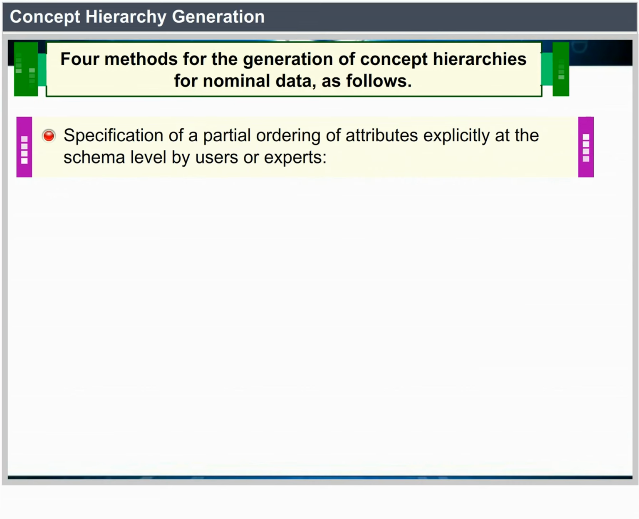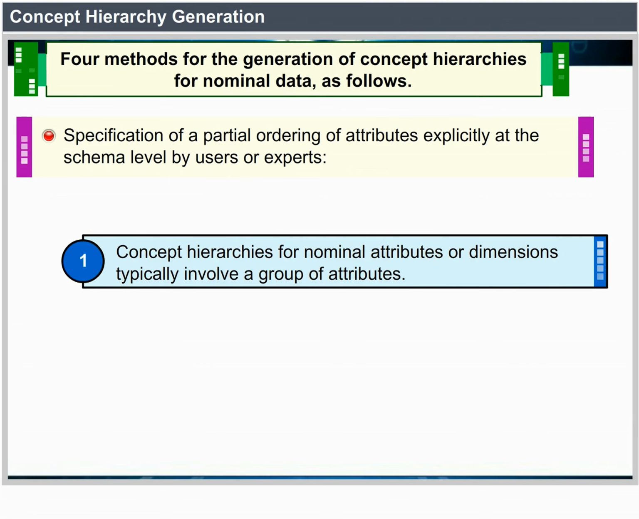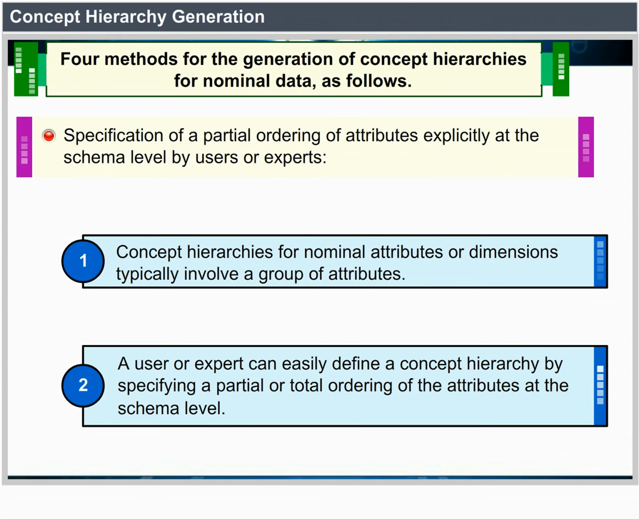Specification of a partial ordering of attributes explicitly at the schema level by users or experts. Concept hierarchies for nominal attributes or dimensions typically involve a group of attributes. A user or expert can easily define a concept hierarchy by specifying a partial or total ordering of the attributes